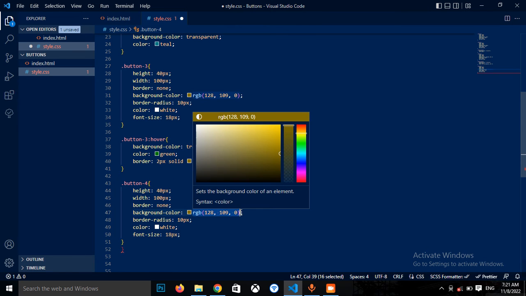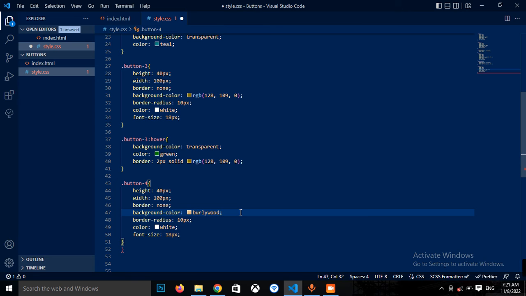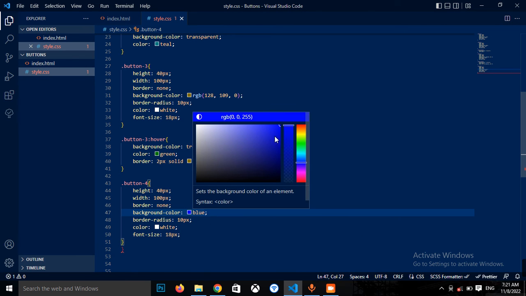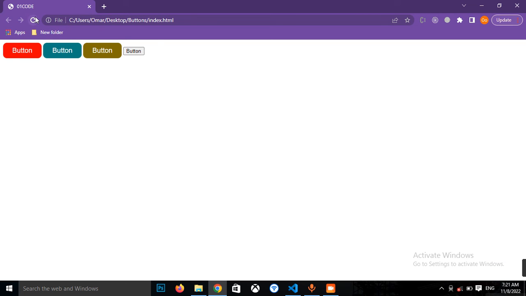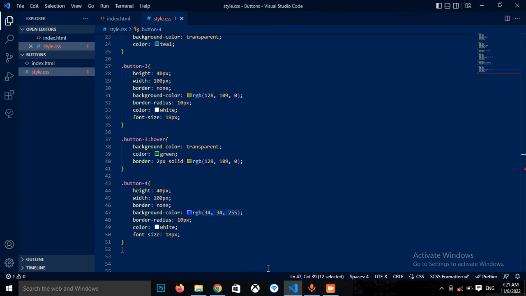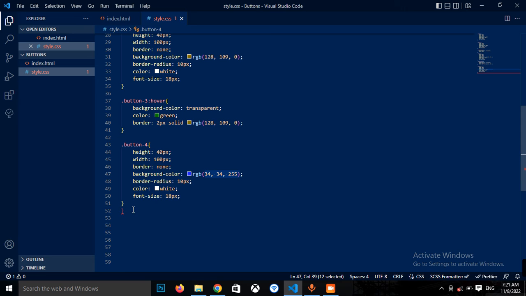Just this style, blue, no, blue, a little bit shiny. Okay, Control S. And a hover mode of